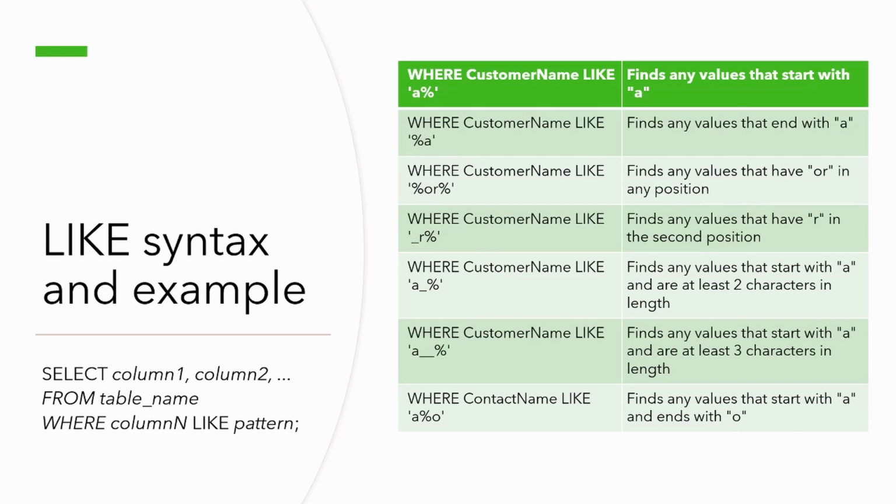How do you go about writing this in a table, what's the syntax of writing it? You say select column 1, 2, 3 or whichever columns you want to take from so and so table, where this particular column like, and you put that pattern that you want. Where the city column in that table like percentage London means that it has to end with London. It can have any number of characters, or your address can be just Ben Street, London, that's enough. Or it can be some street, some building, some road, some lane, something, and ends with London. So it can have any number of characters.